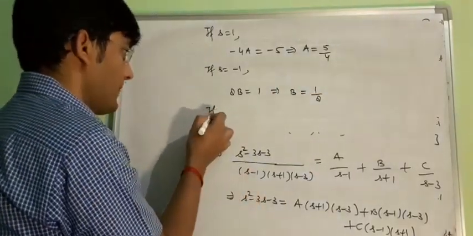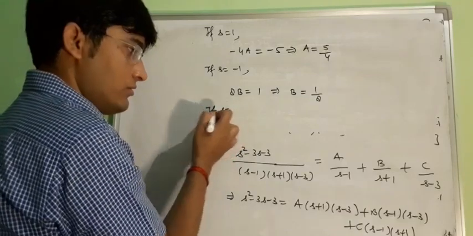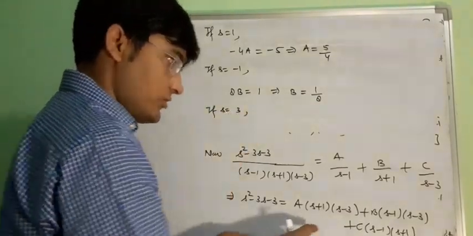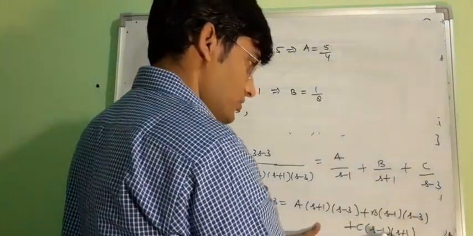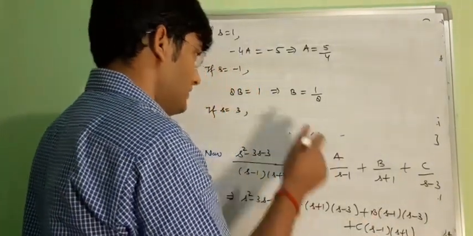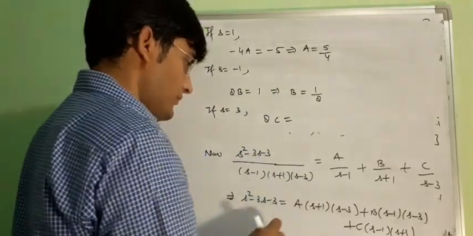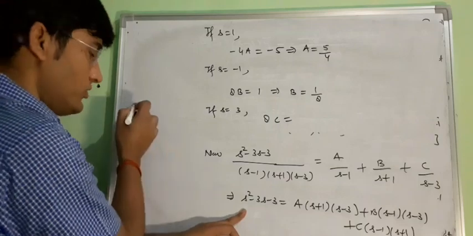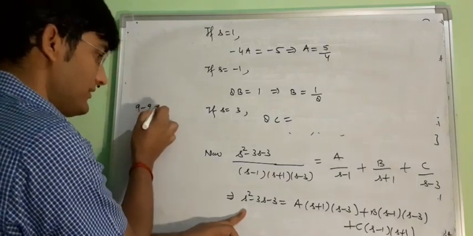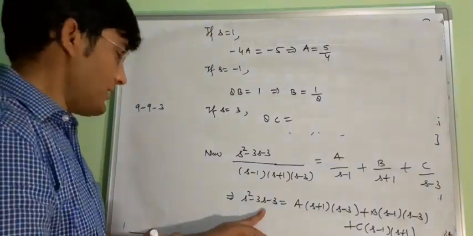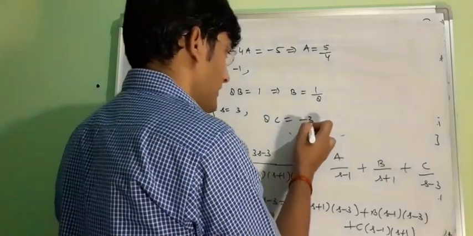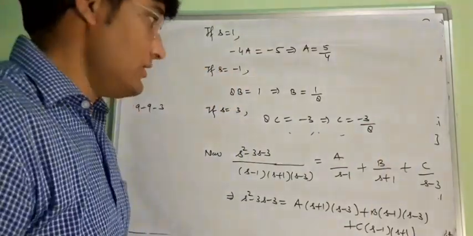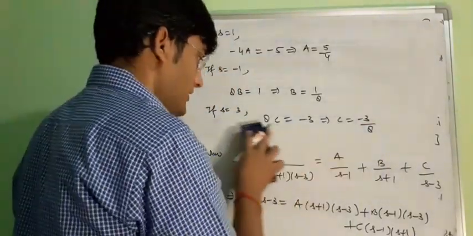Now if s is equal to 3, then this term is 0, again it is 0, so this will be 4 to the 8, 8 into c equal to, this will be your 9. Now s is 3, so this is 9 minus 3. So 9 minus 9 is 0, so in the right hand side we will have minus 3, so c is your minus 3 by 8. Hence our partial fraction will be,